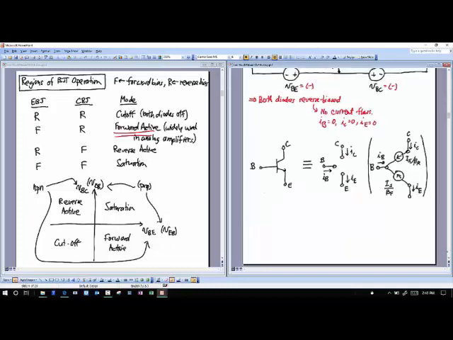If I wanted to create an equivalent model for this region, I could do this. There's my NPN transistor. Like I did for MOS, I'm going to focus on NPN transistors in a lot of this discussion. You're going to have to get experience with PNP transistors to get familiar with them, but in lecture, I'm only going to do NPN. The book will do PNP as well, but even the book just brushes PNP. Everyone just does NPN, brushes PNP a bit, and it's up to you to get the experience with the PNP devices. In this case, there's my NPN device, and I can equate that to just this: an open circuit on all terminals.